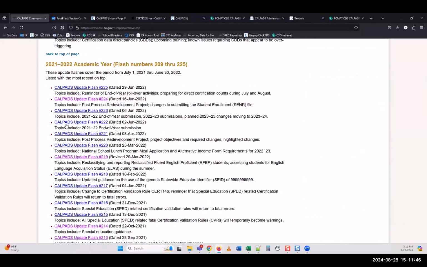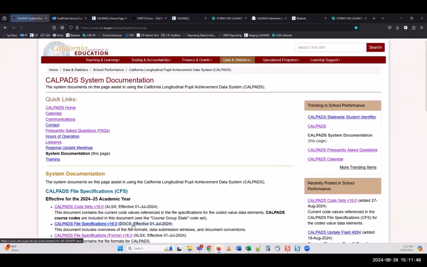Q1 from Nelisa. If a preschool student turns 3 on September 4th, and the enrollment record in CalPads lists September 4th, 2024 as the start date, but the IEP meeting was held on August 27th, and the student was not found eligible, what enrollment end date should I use?